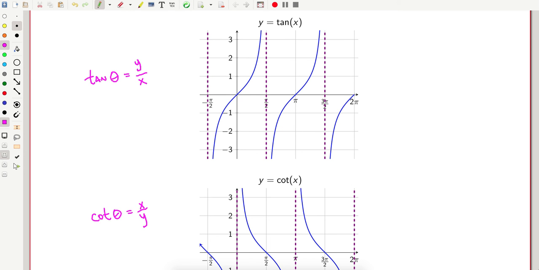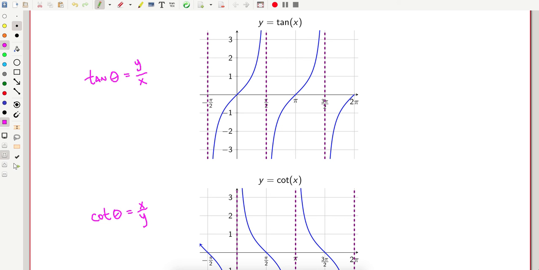All right, in this video, we're going to take a look at domain and range of tangent and cotangent. So we took a look in the last video at the graphs and the fact that they don't have amplitude. The period is pi, or pi divided by b. And then the phase shift and vertical shift are the same as they were for sine and cosine. So in this video, we're going to focus more on the domain and range of tangent and cotangent, in particular,